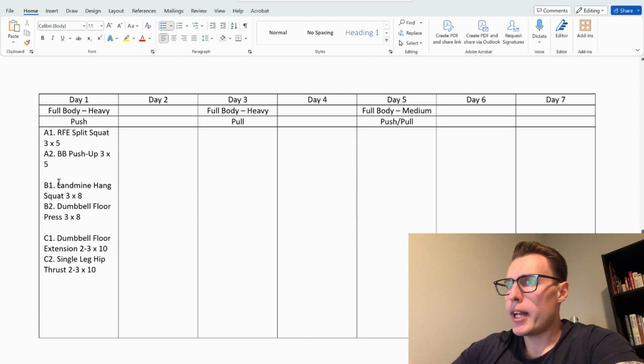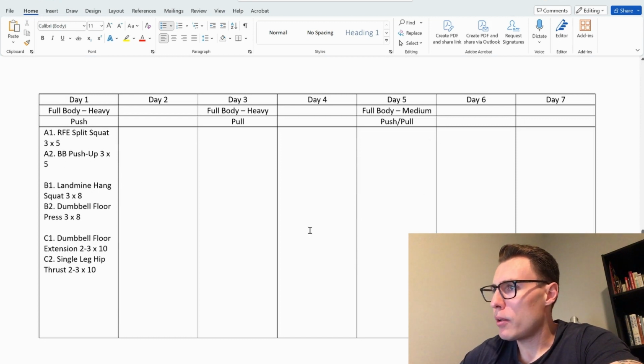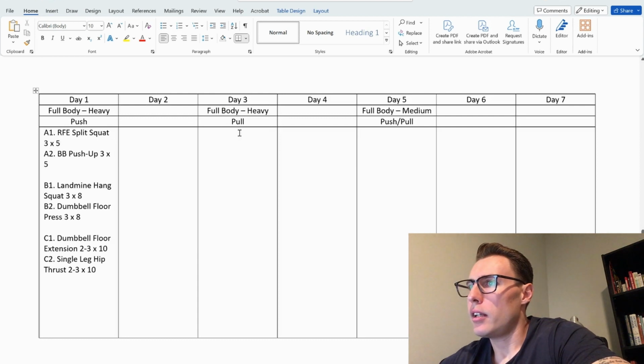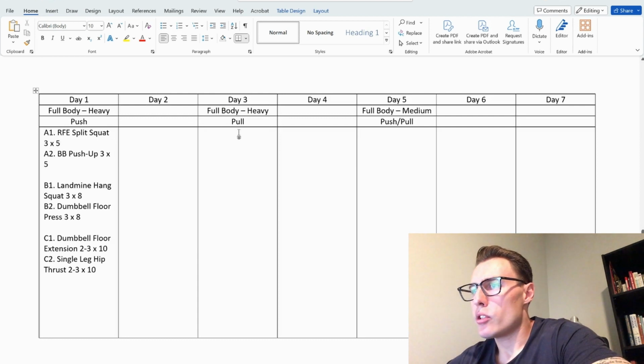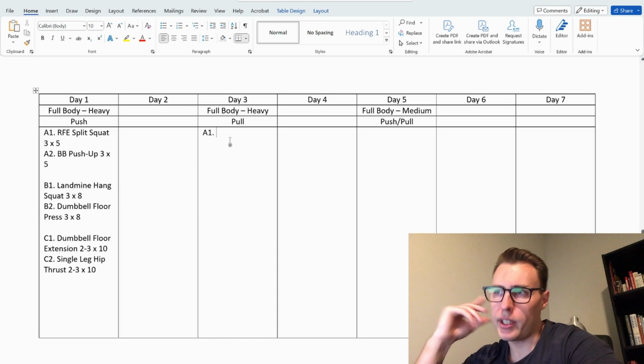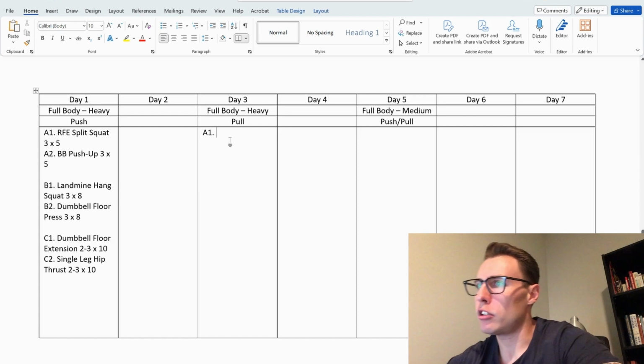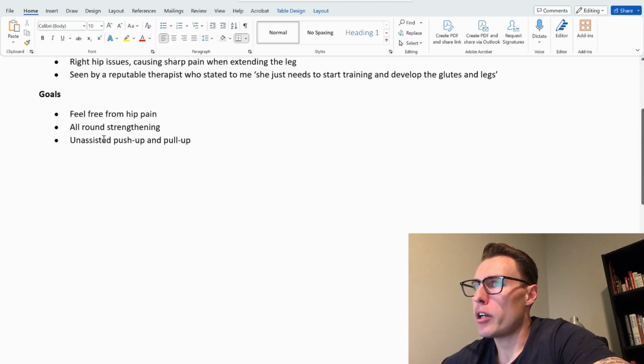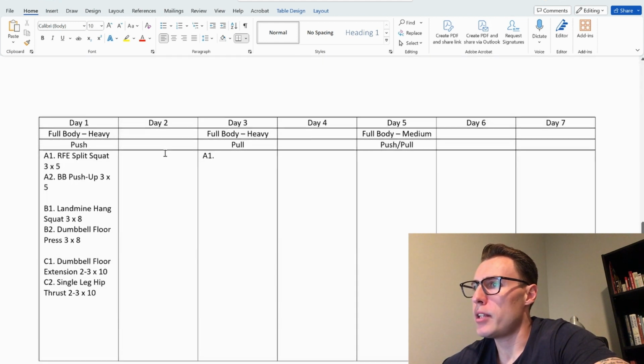Okay, let's write out the other 2 workouts, and then I'm going to explain the idea behind the rep ranges after that. Okay, so let's say it's full body pull. This will be more of a heavy day where we're doing slightly lower rep ranges and a little bit more intensity towards the beginning of the workout. So what we might do here is, they want to do an unassisted push-up and pull-up. So we might do